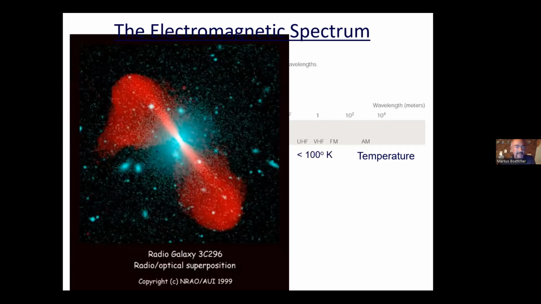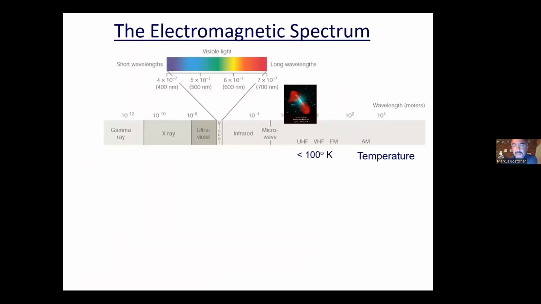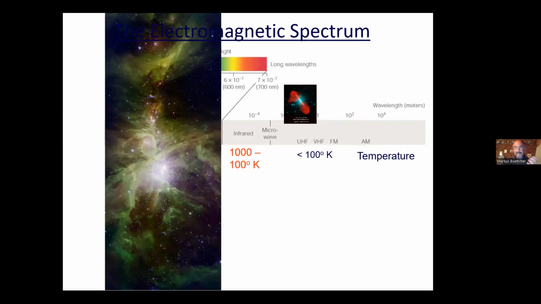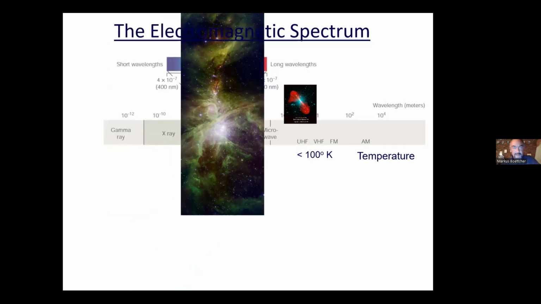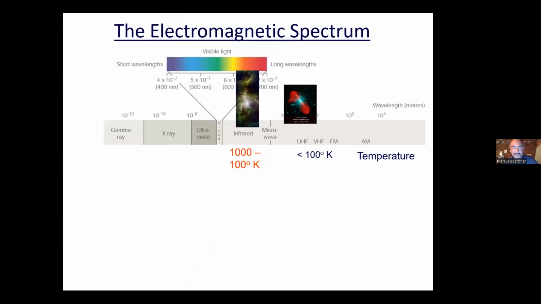If we're talking about radio waves, we talk about the lowest energy radiation. If that were thermal radiation, it would correspond to something less than 100 Kelvin. It turns out that in radio waves the concept of temperature does not really make sense; what we see in radio waves is not actually reflecting a temperature. It's different if we go to shorter wavelengths towards infrared, which still has longer wavelengths than visible light. There we're probing things that are a few hundred, maybe 1,000 degrees Kelvin warm. That is primarily dust: in infrared, we see primarily dust between the stars that's heated up by stars.